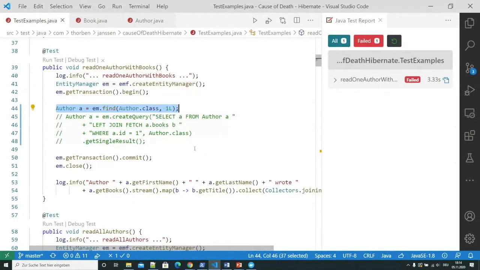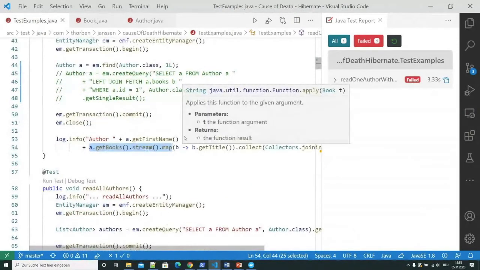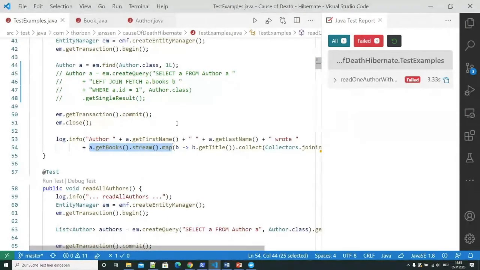So here I'm loading an author, and then I'm closing my entity manager and transaction, and then I'm calling down here the getBooks method on my author entity. That would usually happen in your front end, or maybe in a separate class that generates the JSON document that you provide in your REST API.